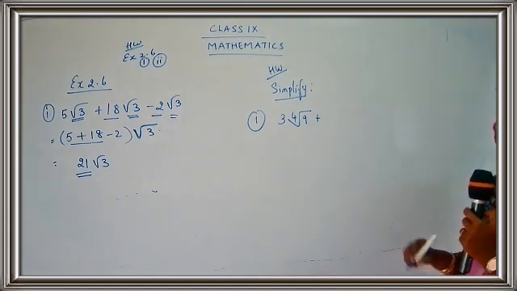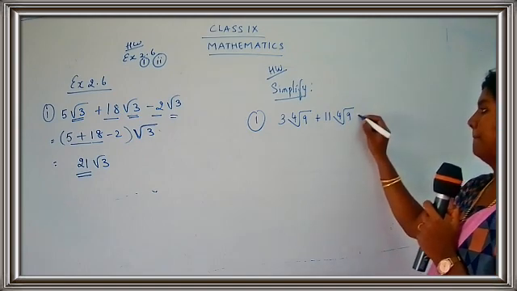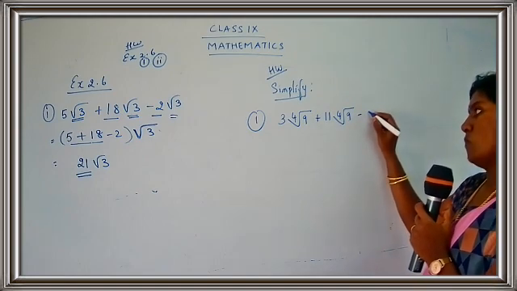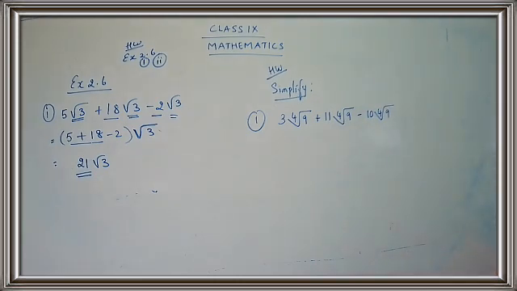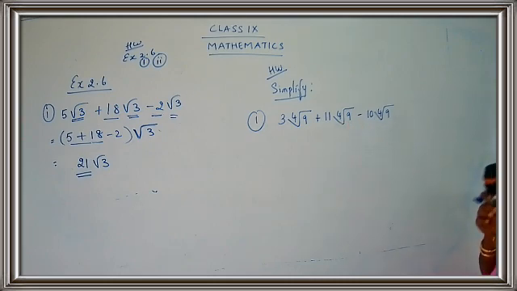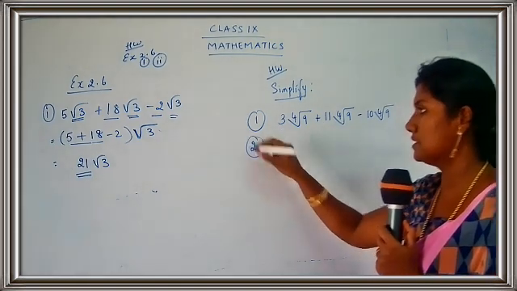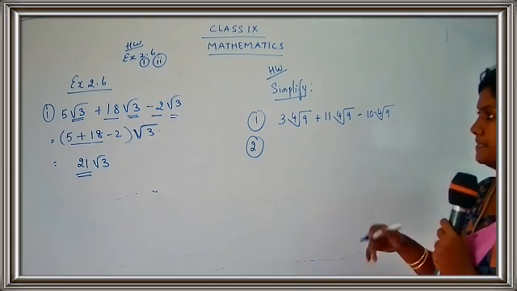3 into 4th root of 9 plus 11 into 4th root of 9 minus 10 into 4th root of 9. This is the first question. Get on the question. So this is the extra question. You are just going to apply the rules and you are going to find out the answer. Take down: 3 into 4th root 9 plus 11 into 4th root 9 minus 10 into 4th root 9. Okay. Let us take down some more examples for your homework questions. So this was a combination of plus and minus. I'll just give you some more sums.